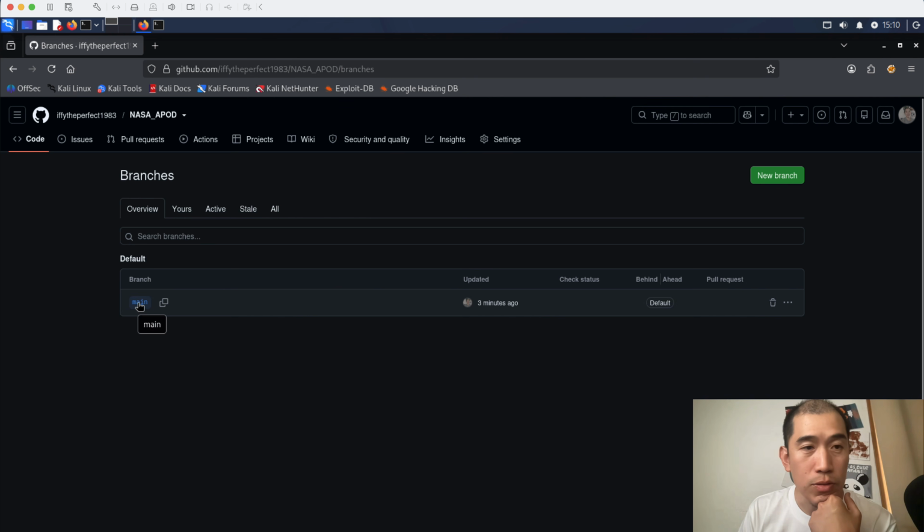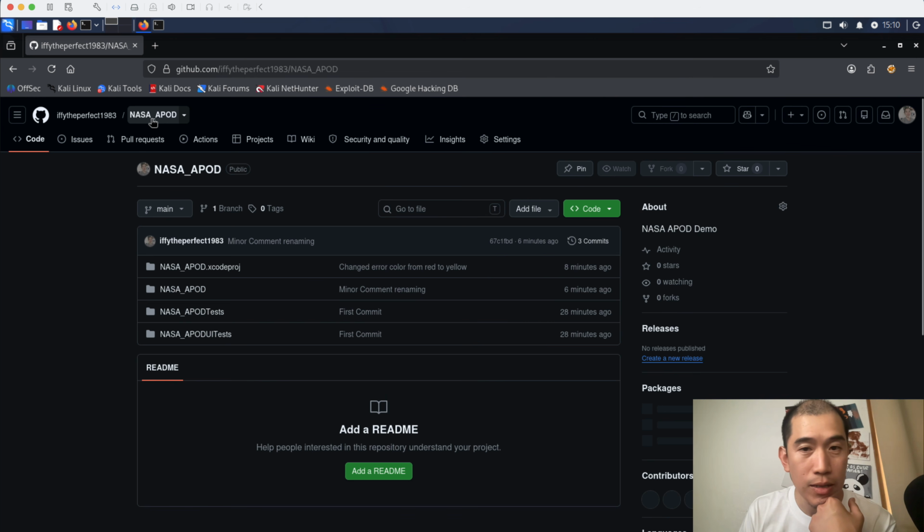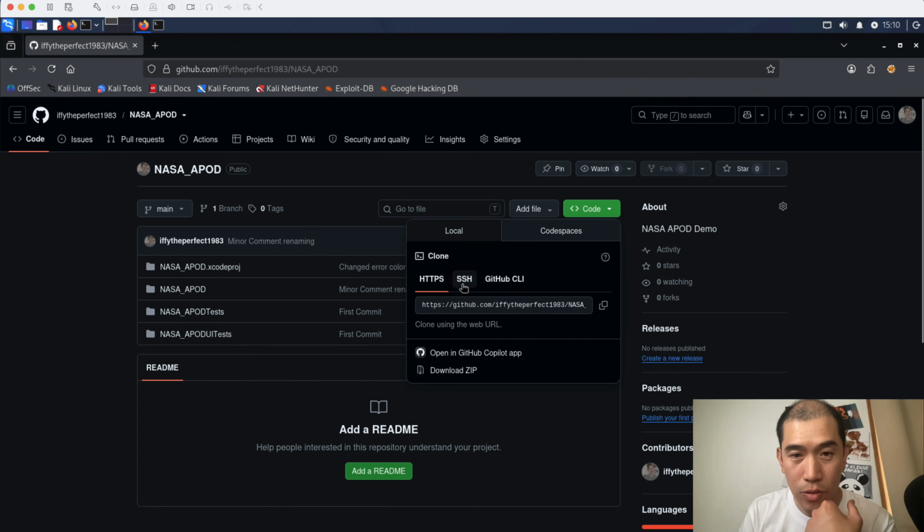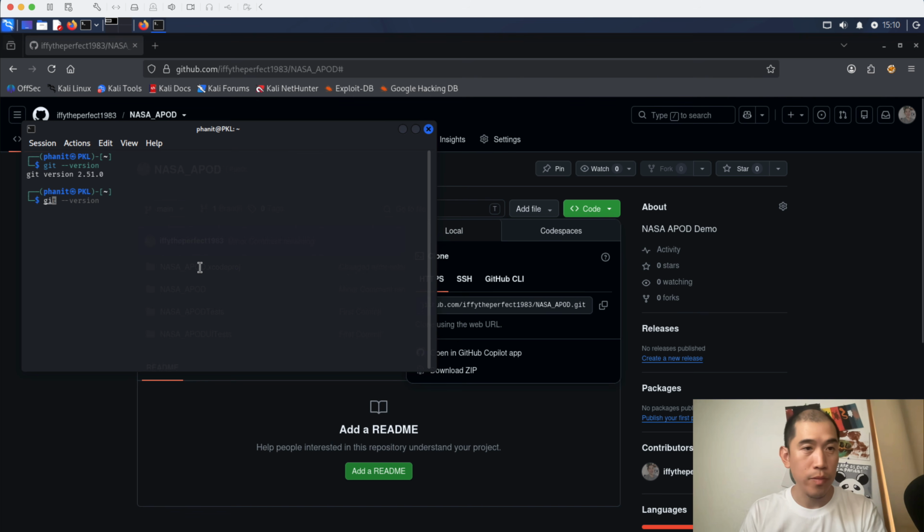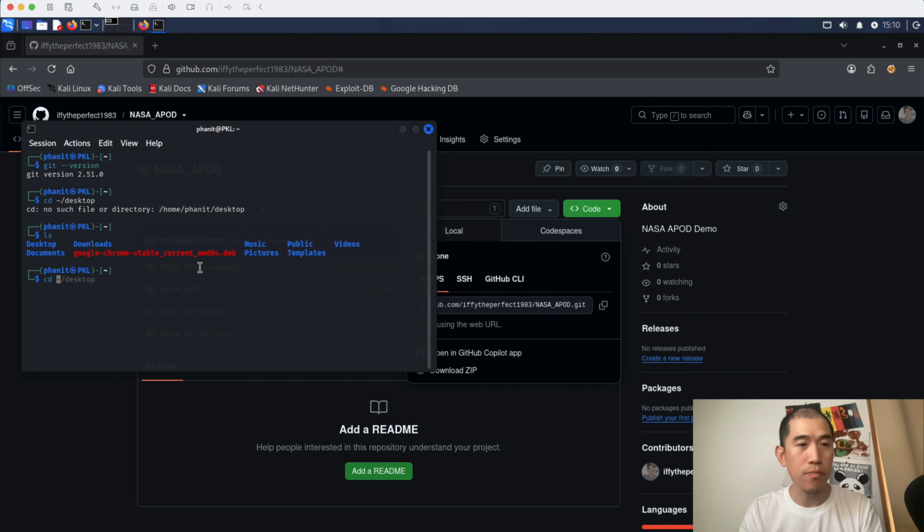So let's go into our repository again. Let me see. Oh, here it is, the clone example. We can clone with HTTPS or clone with SSH. All right, let's just clone with this one. Copy to clipboard. Oh, it just gives the URL. We just have to say git clone on our terminal. Okay, let's go to our desktop. cd